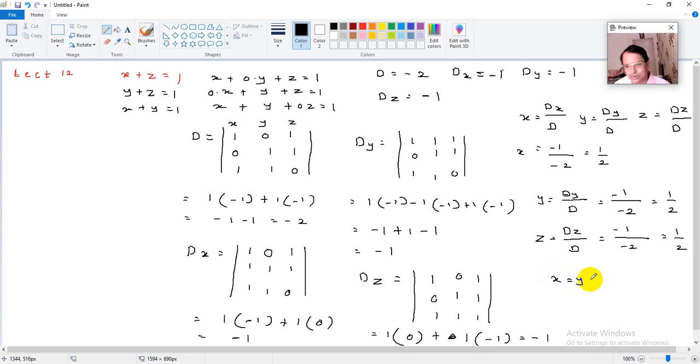So x is equal to y, is equal to z, is equal to 1 upon 2. So all the values are same. You can put them here. X plus z, 1/2 plus 1/2 is 1. Y plus z, 1/2 plus 1/2 is 1. So we are verifying answers. So your answers are right. Okay. So this is how Cramer's rule we can use to solve 2 equations in 2 unknowns, also 3 equations